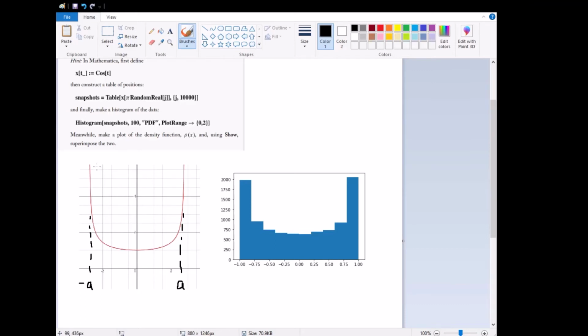Because if we measure a system just once, what we actually measure is going to have no correlation with the wave function. Instead, we have to measure hundreds of thousands of times to create this histogram, which roughly agrees with our probability density and slowly begins to agree with it more and more as we take more and more samples, just like in quantum mechanics, where we have a wave function